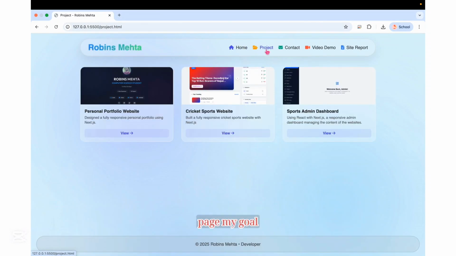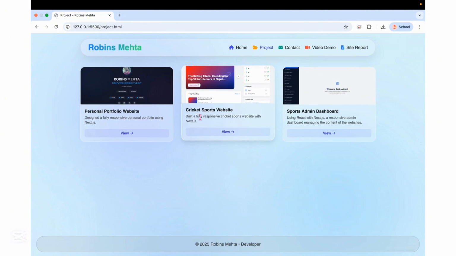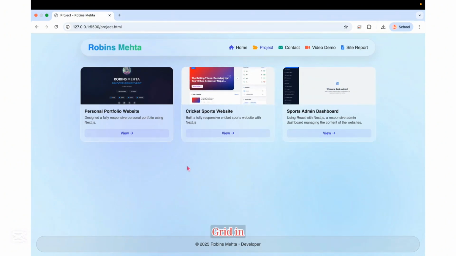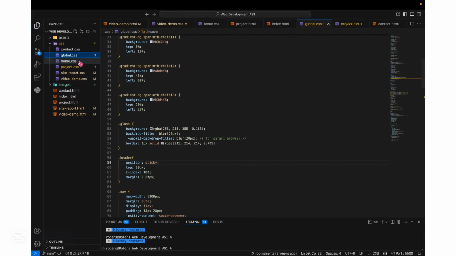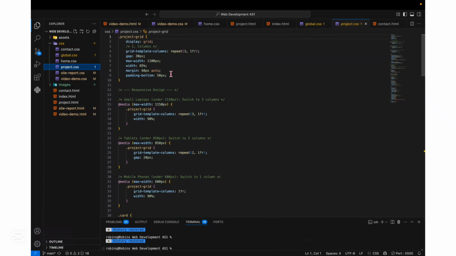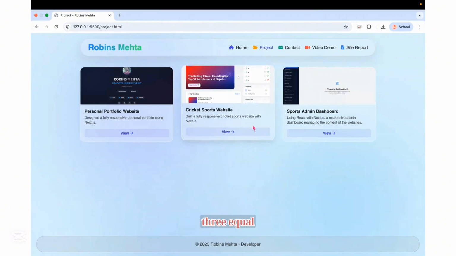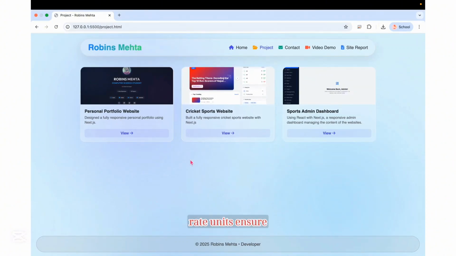On the project page, my goal was a clean gallery view. To achieve this, I use a CSS grid in my code. grid-template-columns: repeat(3, 1fr). This tells the browser to create three equal columns. The 1fr unit ensures they all take up the same amount of space,